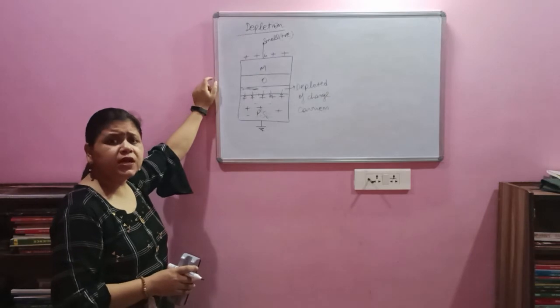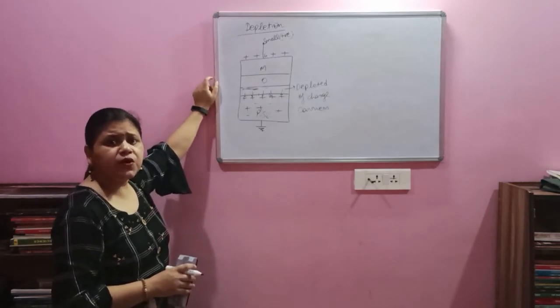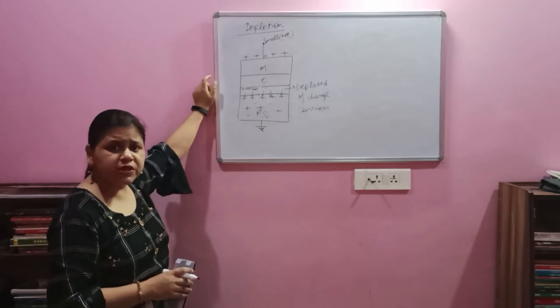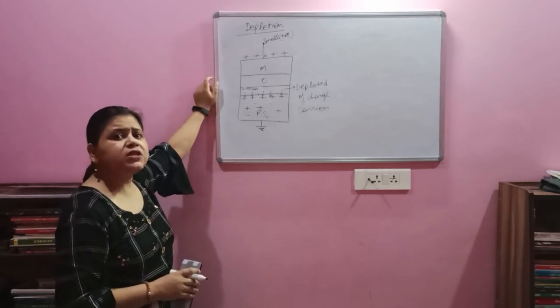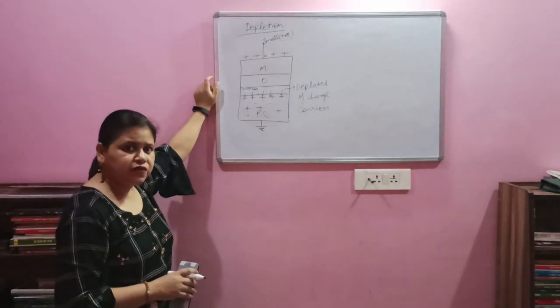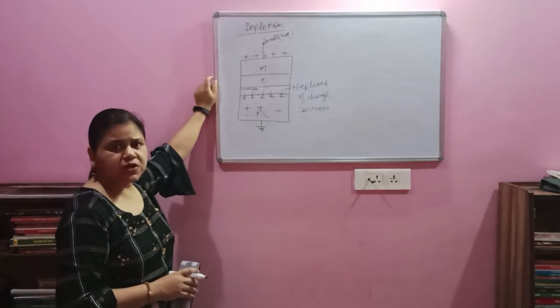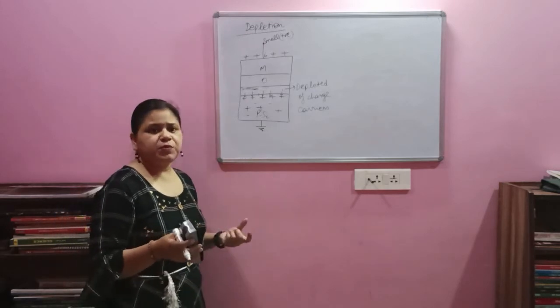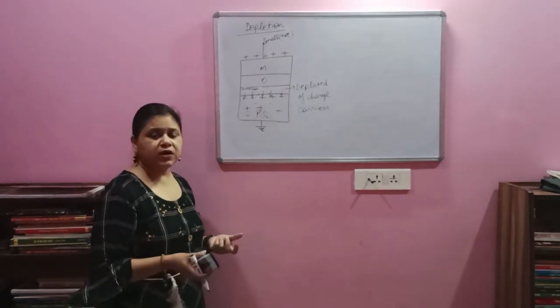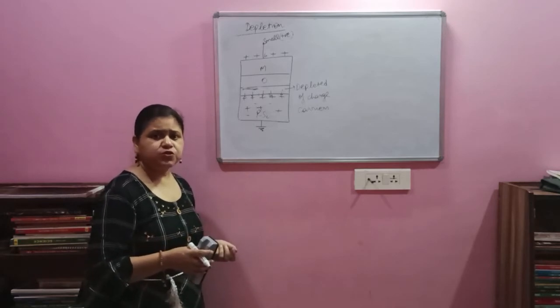So this is basically a cleaning of the surface. This process you can define as a cleaning of the surface, accumulation and depletion. Why cleaning? So that when the channel forms over here for the proper conduction or current flow, there will not be any other type of charge present. Only the carriers which are actually required for current conduction will be present in the device.